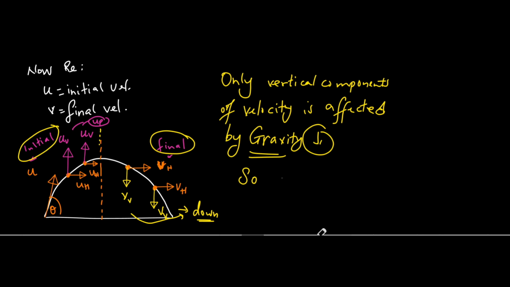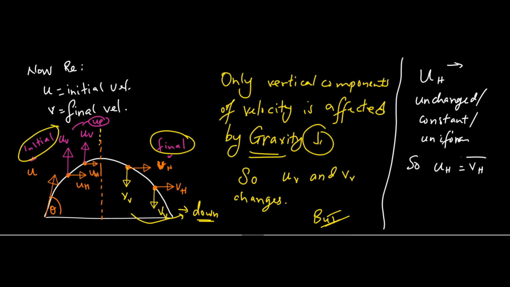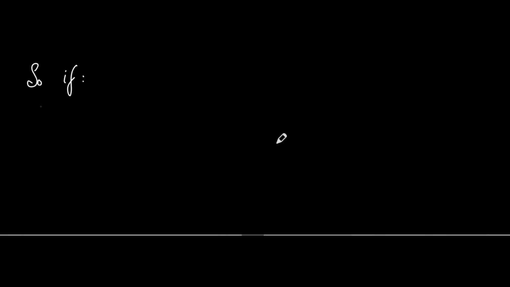So, whether the vertical components are called UV or VV, meaning initial or final vertical components of velocity, they change. However, the horizontal component of velocity is not affected by gravity, so it remains unchanged. But what does this mean? If the horizontal component of velocity remains unchanged, meaning that we can call it